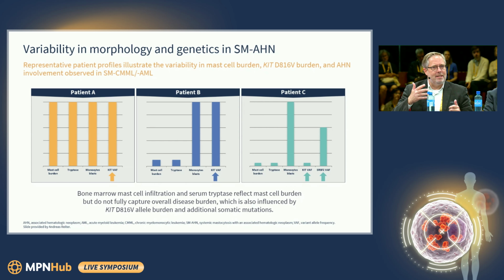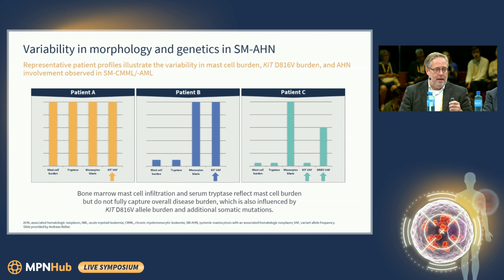And this is the basis of what we say when you look in the clinical routine at your patient. You have to decide which compartment is basically the dominant. Is it systemic mastocytosis or is it the AHN? But at the end of the day, you not only need bone marrow biopsy, bone marrow mast cell infiltration, serum tryptase, you should always know the KIT D816V allele burden, best in blood and marrow, and also the additional somatic mutations